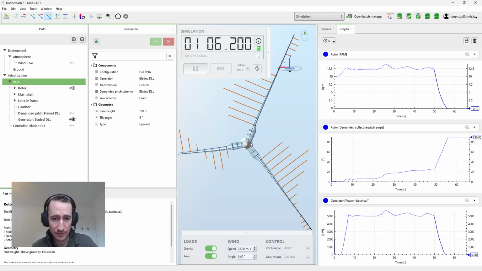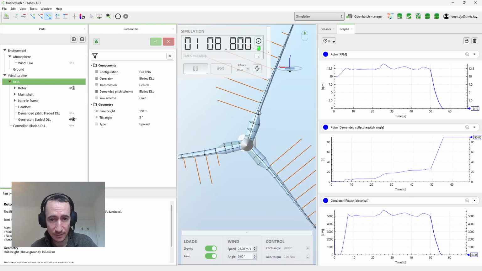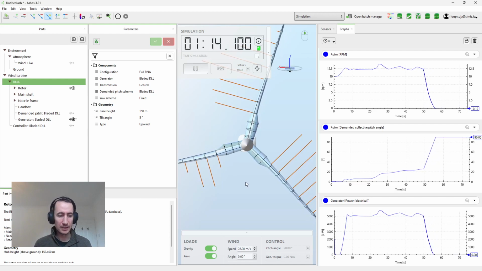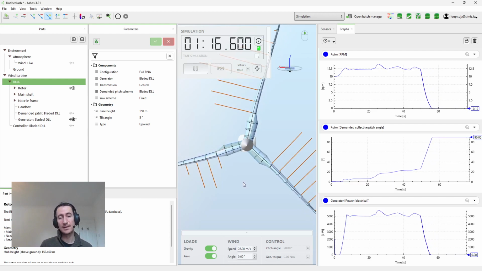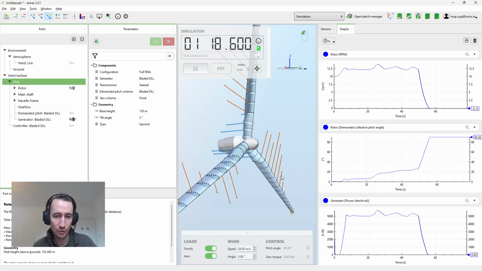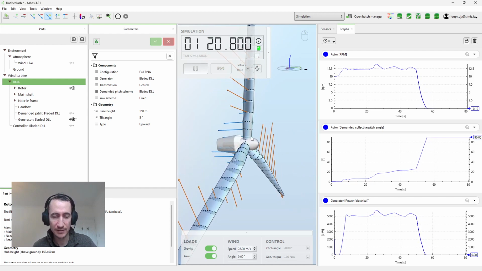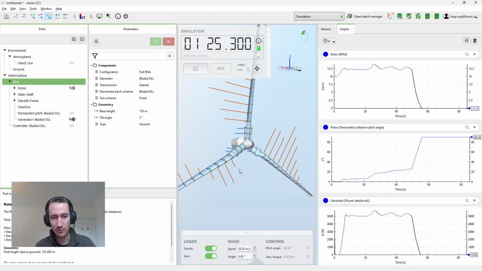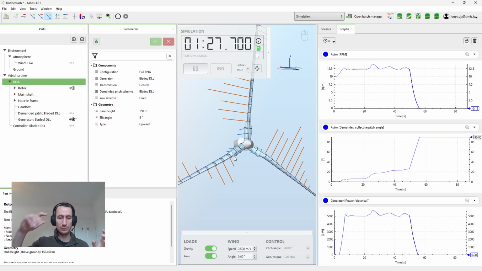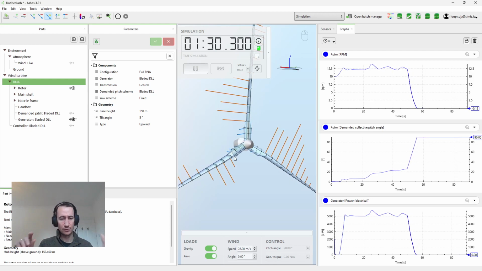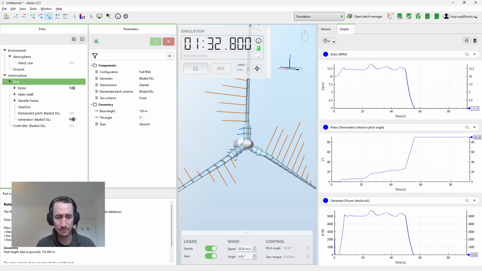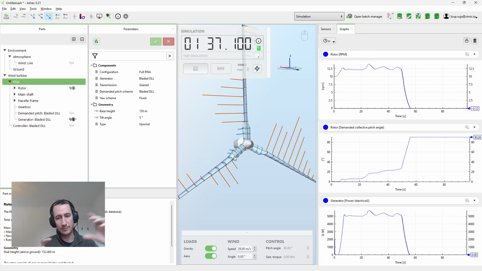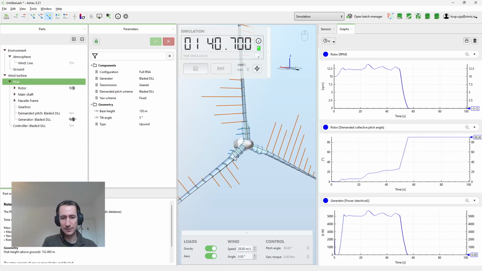Or actually, as you can see, it's not completely stopped. It's still rotating a little bit this way. And this is a different topic, but this is called idling. And you do this because you don't want the bearings to be worn out always in the same spot. So by rotating the rotor, if there are vibrations due to turbulent wind, for example, or to waves, then the damage on the bearings is going to spread